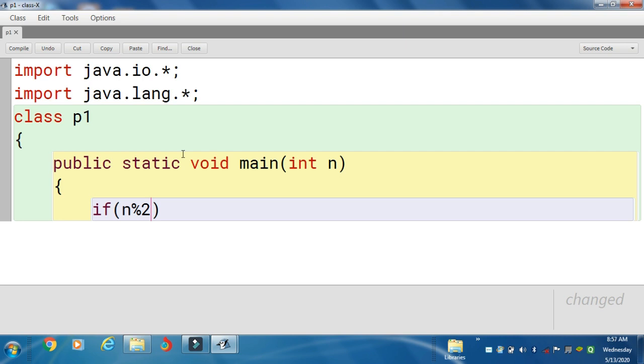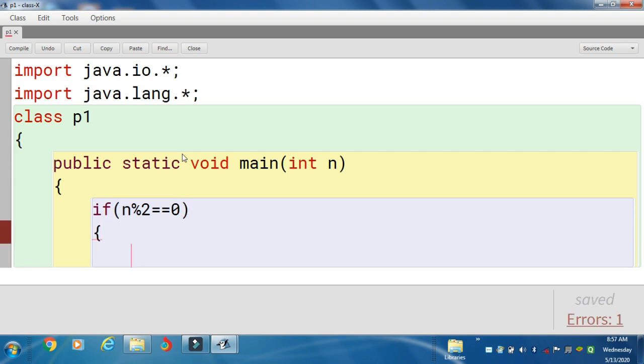So this part we need to check for 0, so we have to compare. So a comparison operator we have to use. Double equal to is known as the comparison operator. Compare with 0. If this condition matches, then we'll print